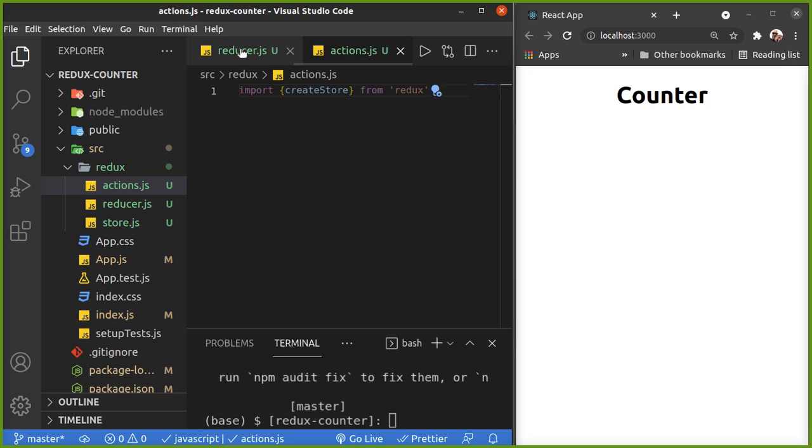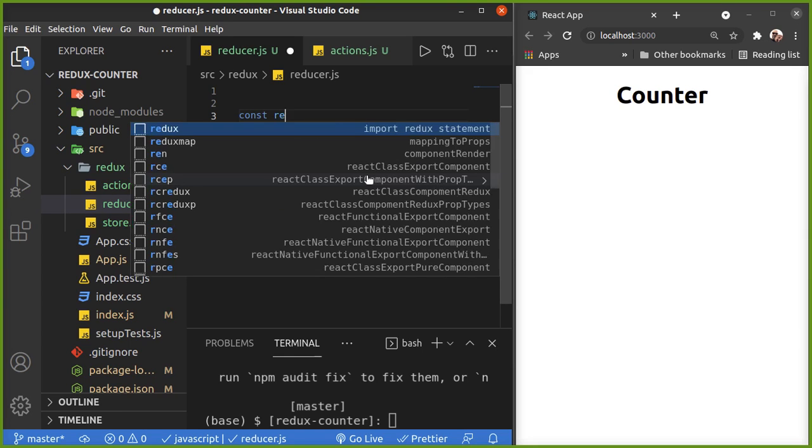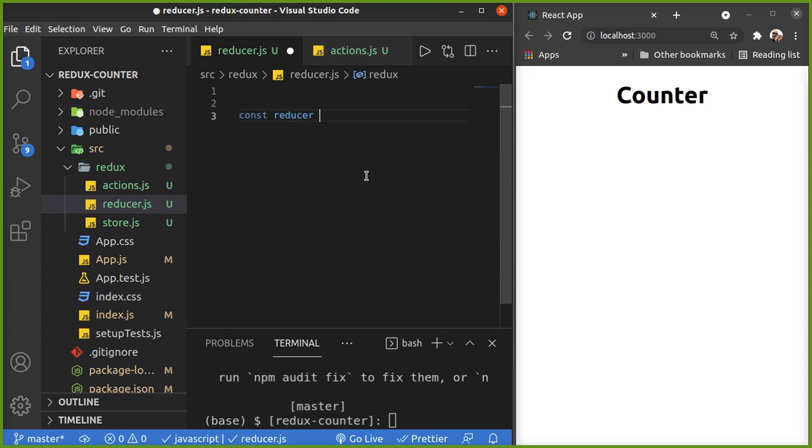So I'm going to need to define my reducer as well. Okay, so I'm going to go into reducer.js and write my reducer. It's just going to be a regular JavaScript function. So I'm just going to call it const reducer equals, and I'm going to make it an arrow function. Okay, and